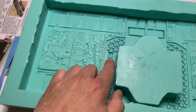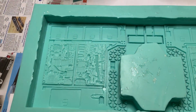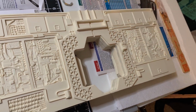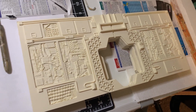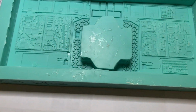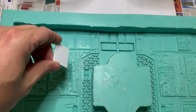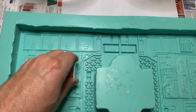It's going to cause this whole component panel to bulge in and out, which when you see it cast in perspective, this whole area right here will actually go in and out and down, which will basically ruin the look of the finished piece. So I figured out a way to fix that. What I'm going to do is take an elongated piece of sheet styrene, plastic styrene, and since this is all greebly work, I've already tested it with the last mold, but if I push it down just right there,